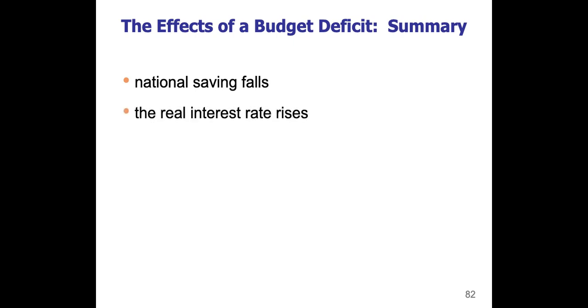So when the US, which typically it does, runs a budget deficit, a whole bunch of things happen. National savings falls, which of course is the supply in our loanable funds graph. That would decrease, normally causing interest rates to rise. And as interest rates rise, we know what happens. It means investment spending falls because people don't want to spend a lot of money on loans to expand your